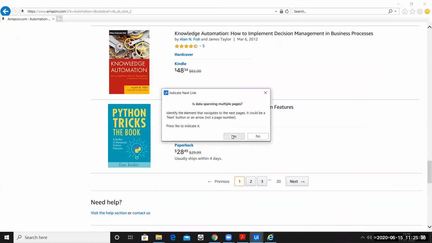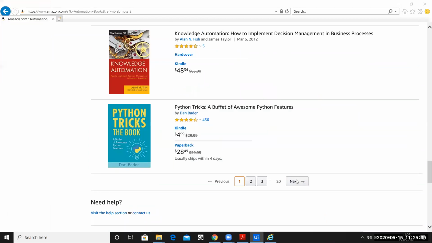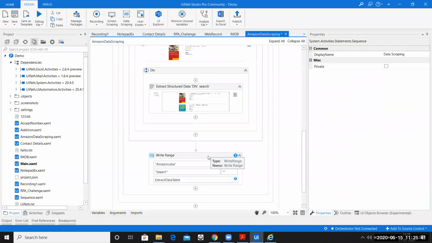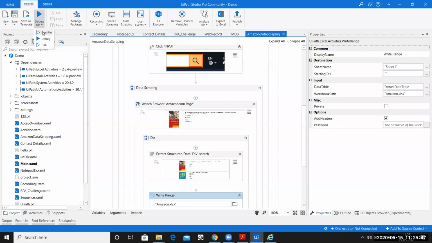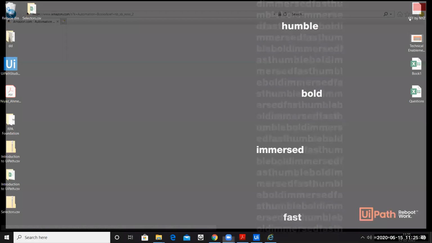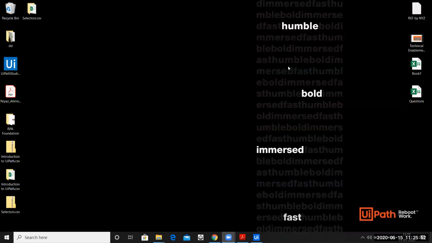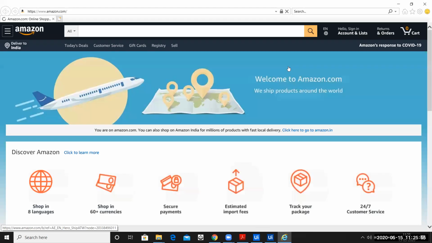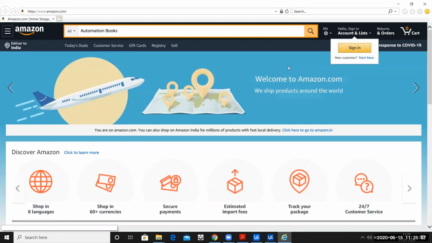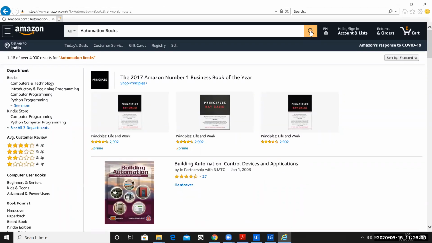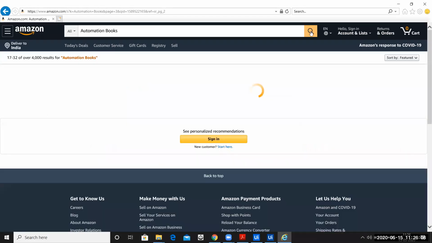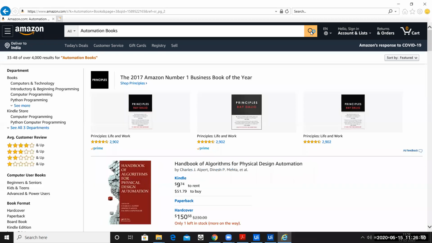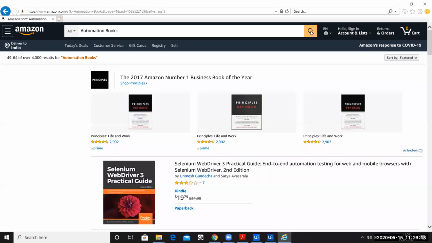Is the data spanning multiple pages? Yes. I'll click on the next icon and there you go. So I'll just drag and drop it here. Okay, so this should work. Let's run this file. Let us wait and see if it is scrolling to the next page or not. Yes, it's scrolling to the next pages. Now we need to check, it should stop ideally the moment it fetches 50 records.